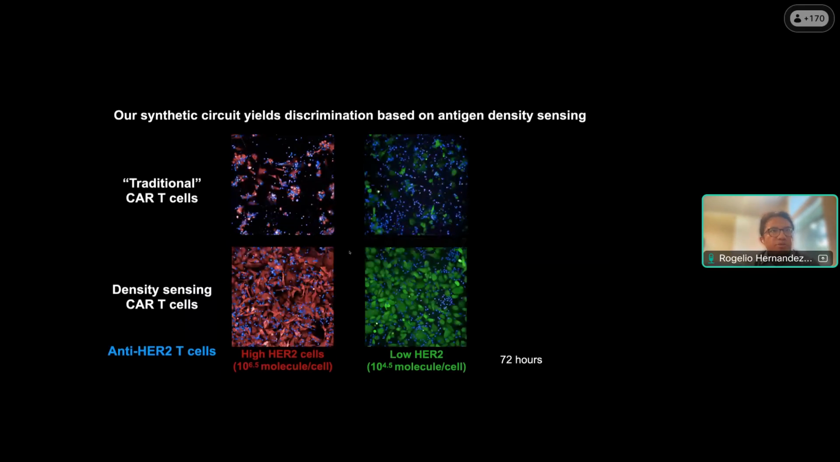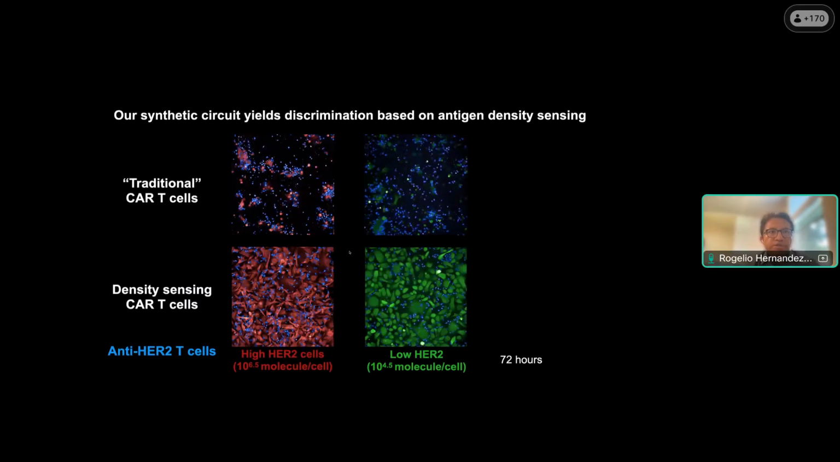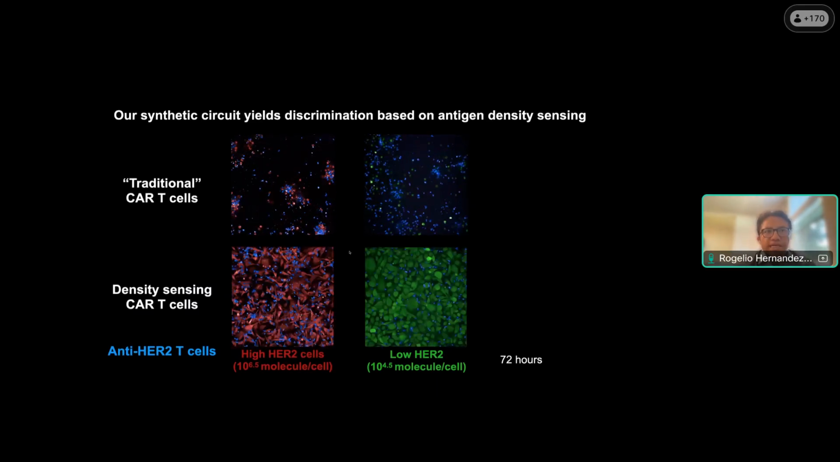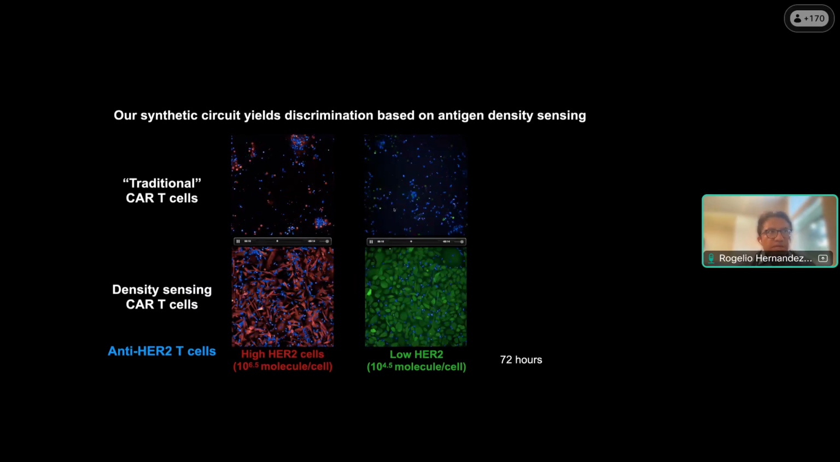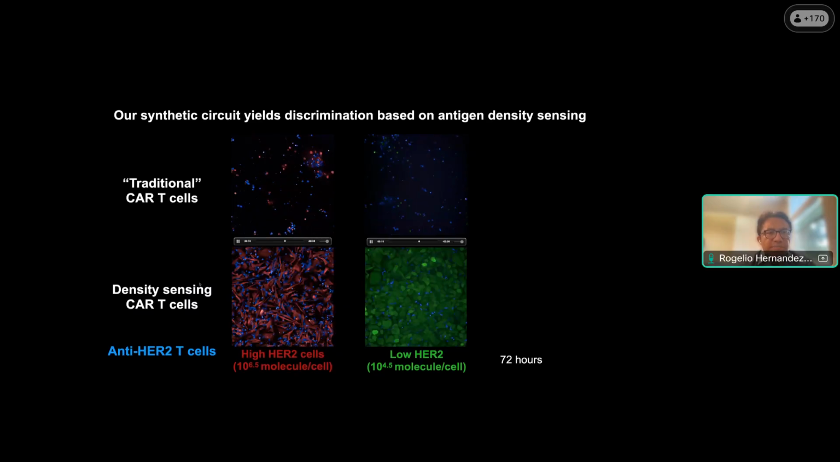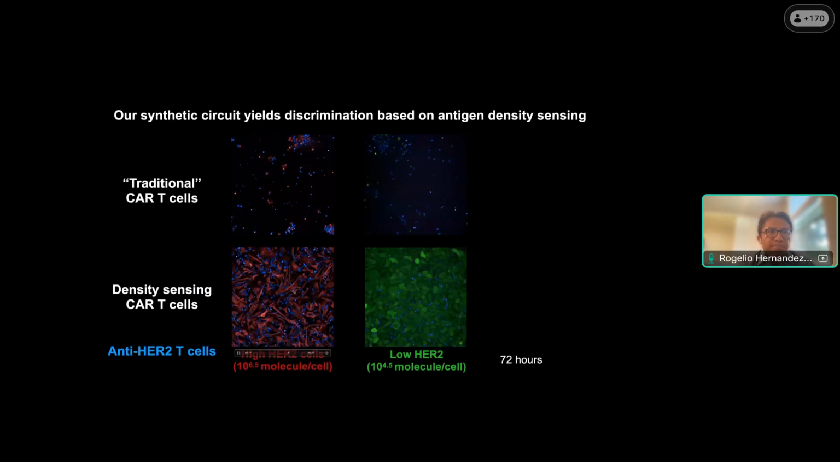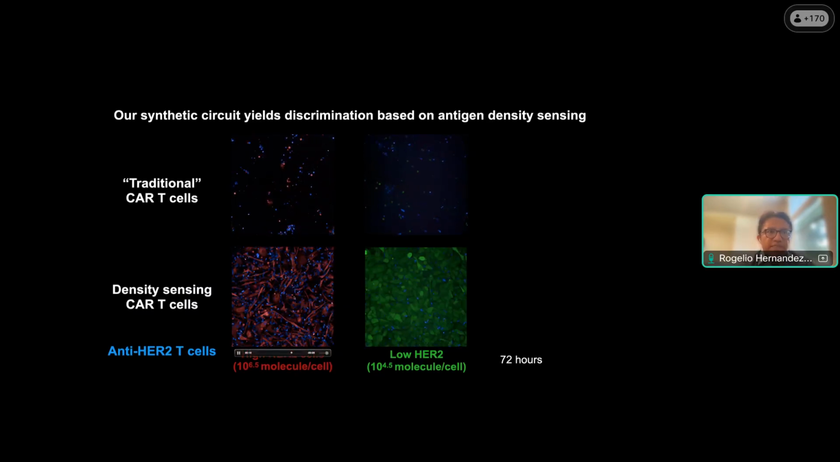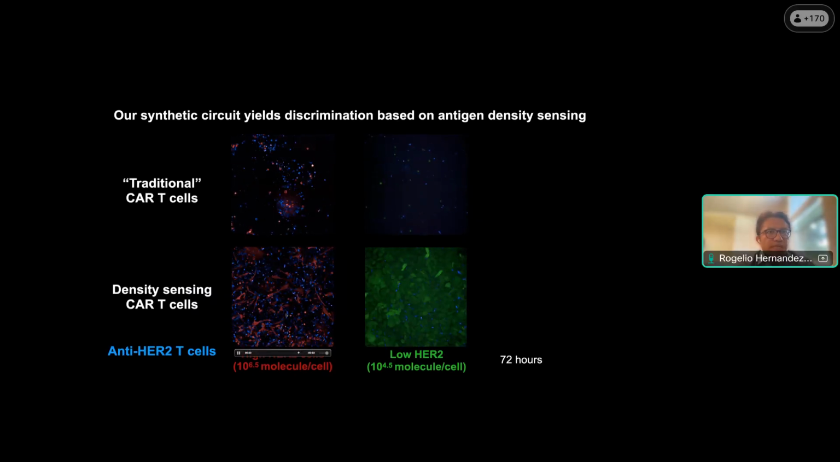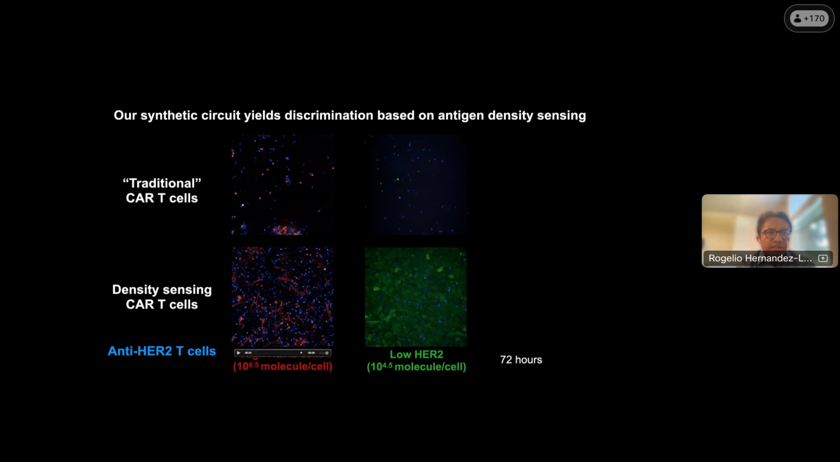The experiments I showed you were done by flow cytometry, but you could also do microscopy to track the killing activity of these T cells. So before I show you that the traditional CAR T cells do not have antigen density sensing, but these synthetic notch CAR T cell circuits are very specific to the high levels of the antigen. And here I'm showing you some microscopic experiments